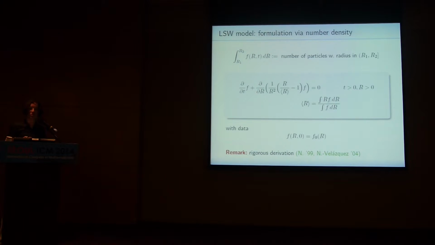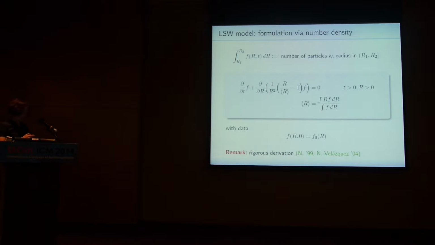Okay, so starting from this complicated free boundary problem, we end up with a scalar transport equation for the number density. This is quite a significant reduction in complexity. It's non-local because it depends on the mean radius, and that makes the analysis somewhat hard. But we are now in the position to talk about self-similar long-time behavior. On the level of F, we first ask, are there self-similar solutions, which, if you think back of the red curve, would correspond to a stationary red curve? And given initial data, does the corresponding solution converge to self-similar form or not?